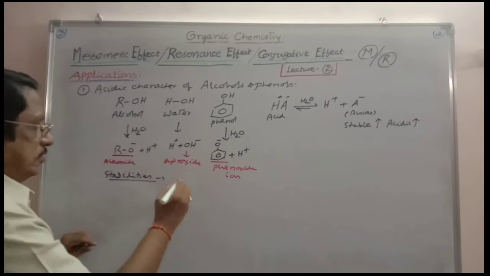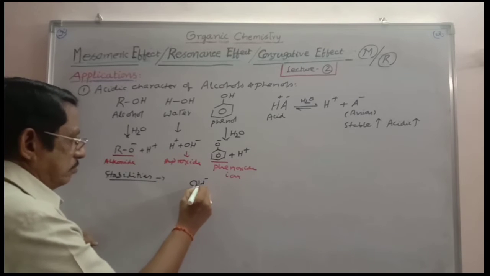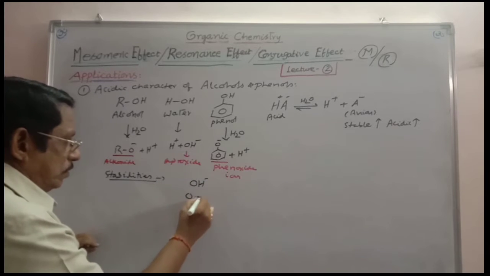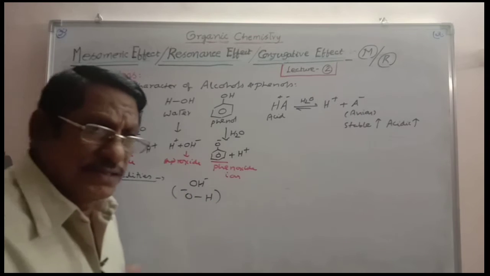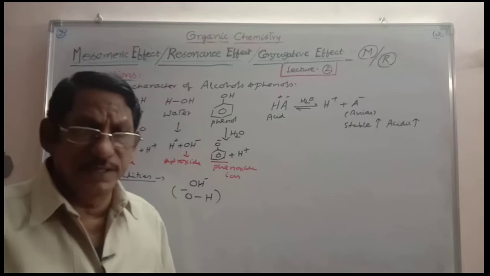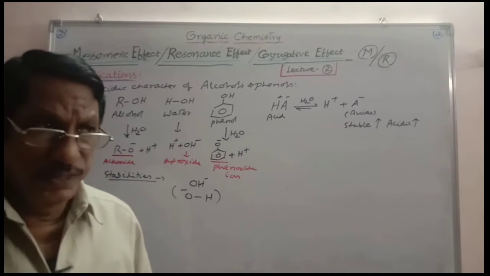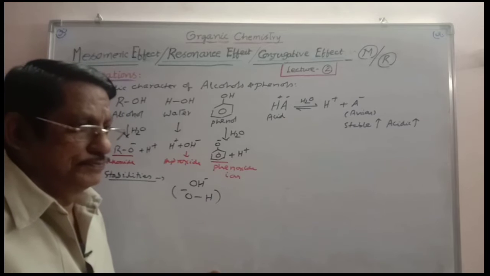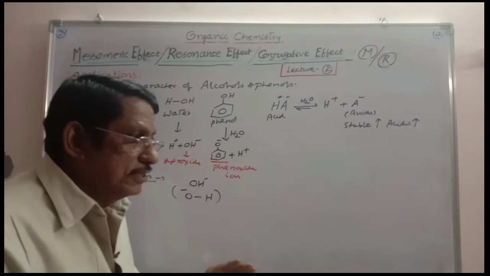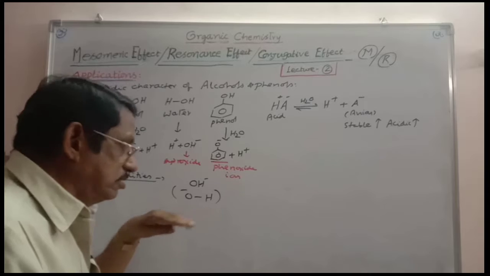First let us consider that OH minus is having minimum stability. OH minus, you can write like this. H is neither releasing nor withdrawing for all practical purposes. So here, OH minus is having certain stability, and now we have to compare the stability of the remaining two anions with this OH minus ion.